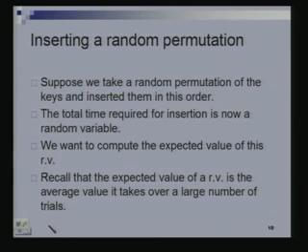Now this brings us back to the question that we had asked in the last class. Now what I do is, I don't insert the elements in sorted order; I take a random permutation of the elements. There are n factorial different permutations. I take one of them at random and I insert the elements in this particular order. Now I want to compute the time it takes to insert. So the time required for insertion now is a random variable.